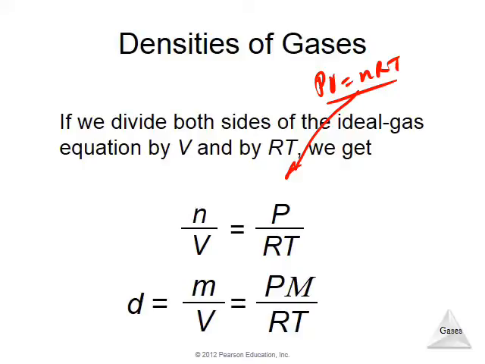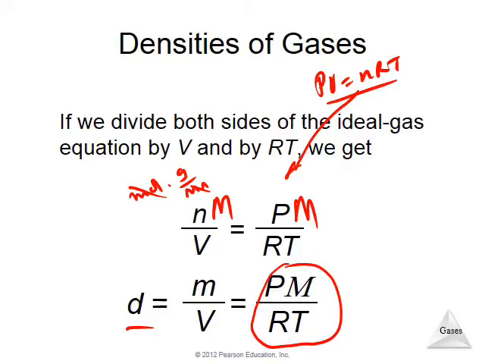Now, if I multiply both sides by molecular weight, M, which is grams per mole, then n has the unit of mole and capital M has grams per mole, so they cancel out. So nM gives you grams. The bottom is liter, that's grams per liter, and that's the unit of density. So density is given by pressure times molar mass. In case of an atomic gas, it will be atomic weight. For molecular gas, it will be molecular weight.